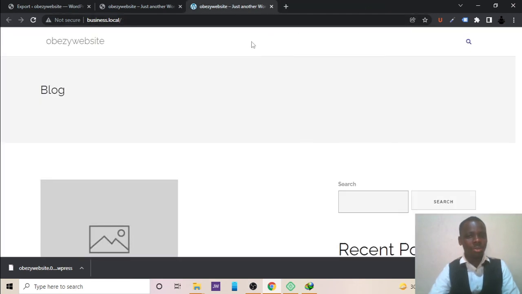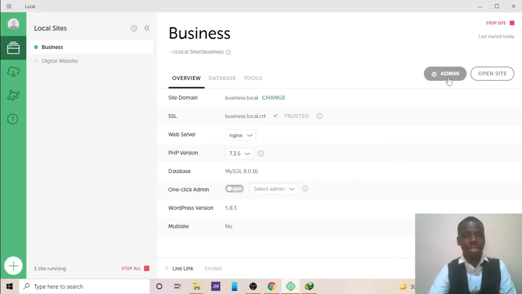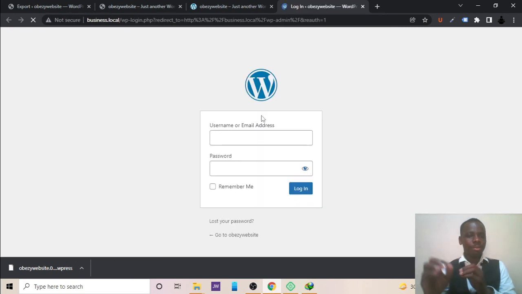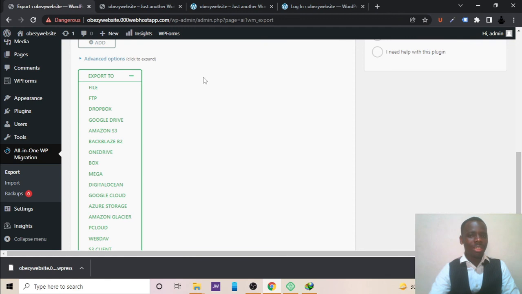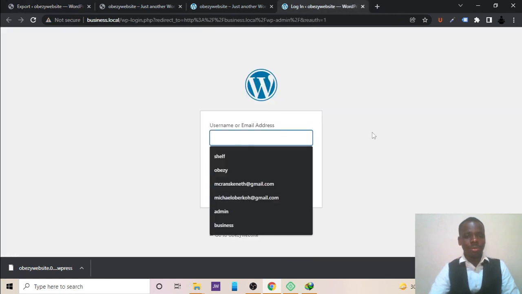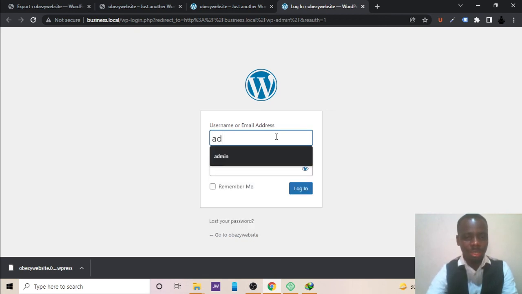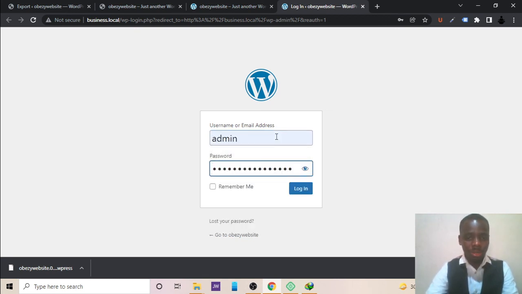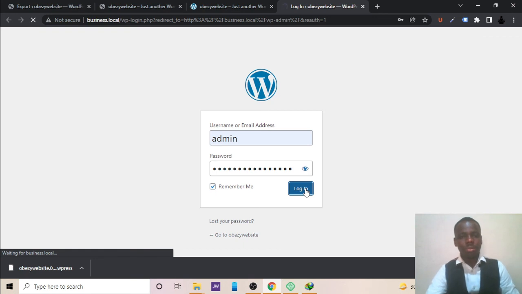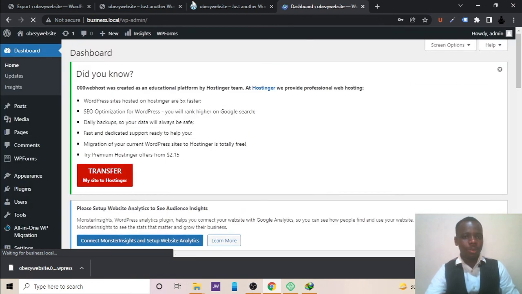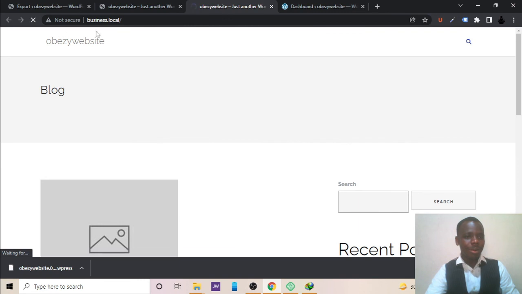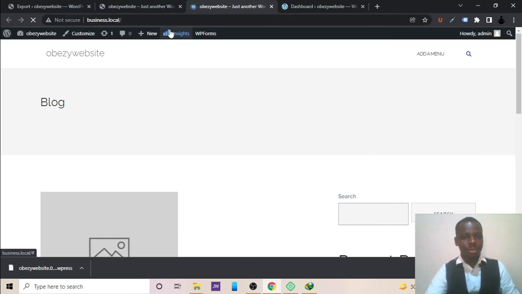So when you import and your WordPress bar goes, it means that you have to log in again before you can make any changes on the site. So I want to log in again. And to log in, you have to use the credentials of the one that you exported from. So I'll use the online site's credentials to do this. Alright, so what were the credentials? I think the username was admin. And the password was really weird. Yeah. So remember me. Right, so now I get the WordPress bar, then I can make all the edits I want after refreshing. Right, so this is how to export a